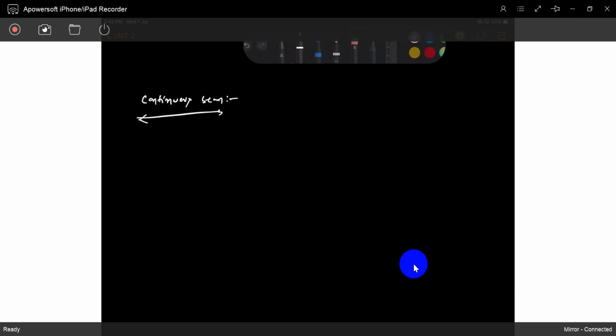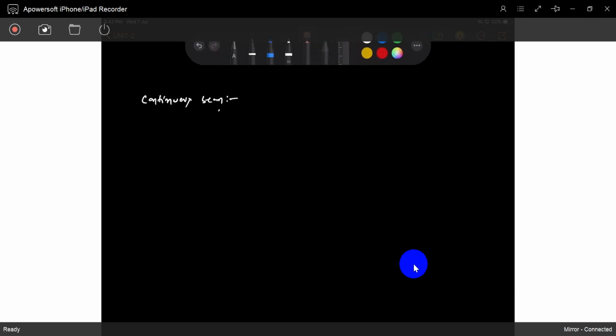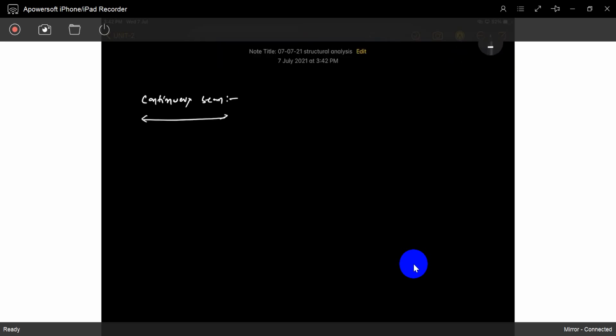So continuous beams, okay, continuous beams, okay. Yes. So a continuous beam has, if you see it is,